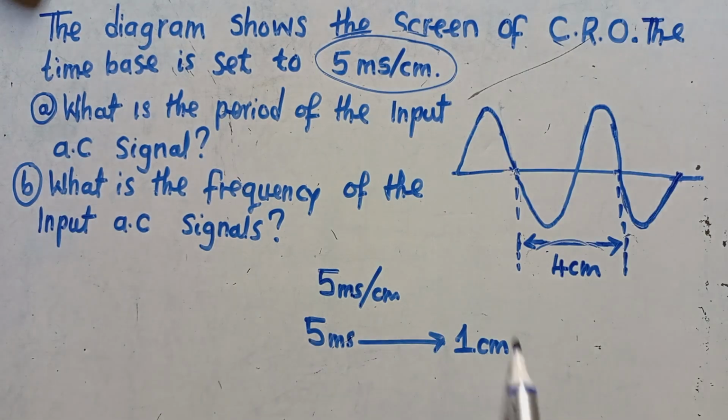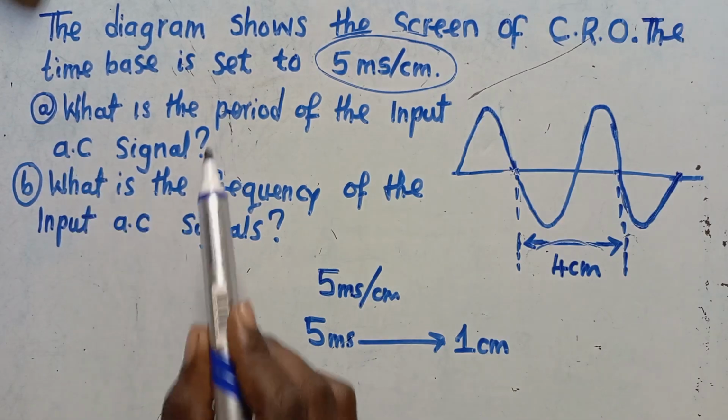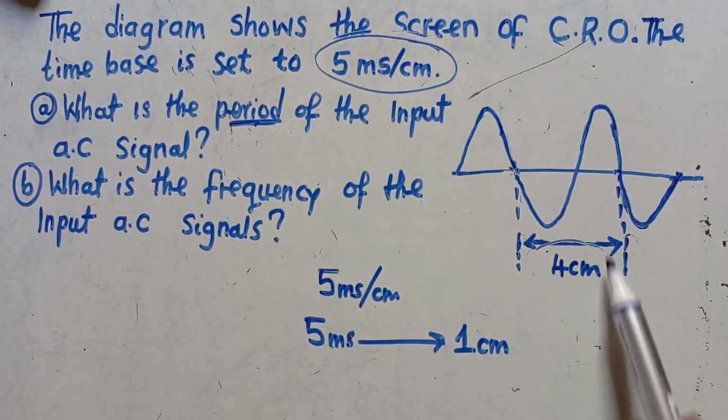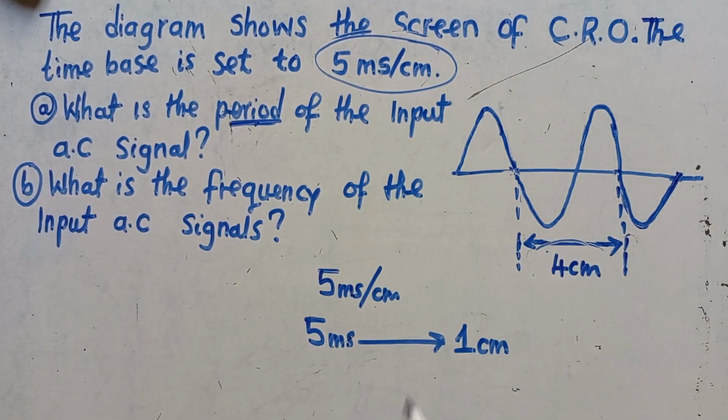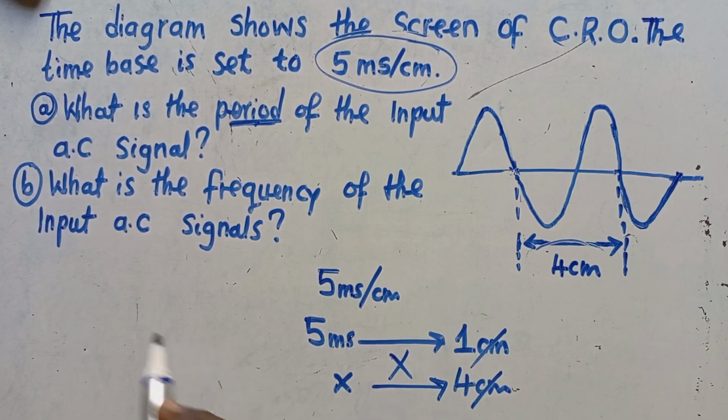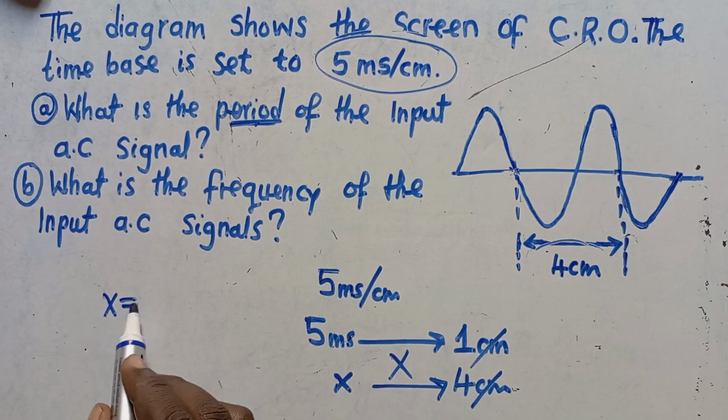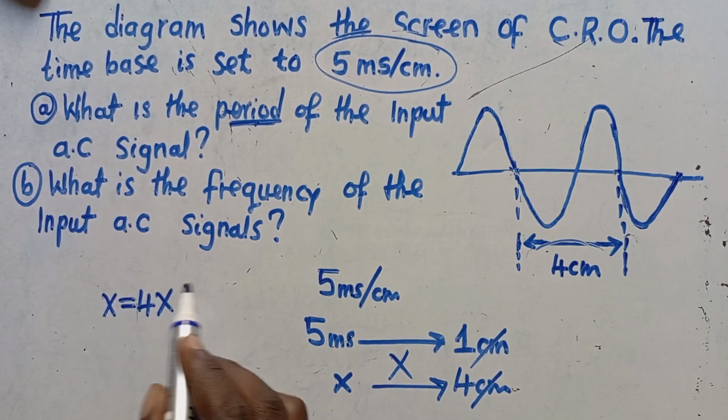So after understanding this part, you are now to find the period, and you get 4 centimeters. So you just say 4 centimeters, just put it here. Here you put x. If it is 4 centimeters, you find the period. Here, this and that will be cancelled. When these two cancel, you cross multiply: 4 times 5, so you have 1 times x. You are going to have x equal to 4 times 5